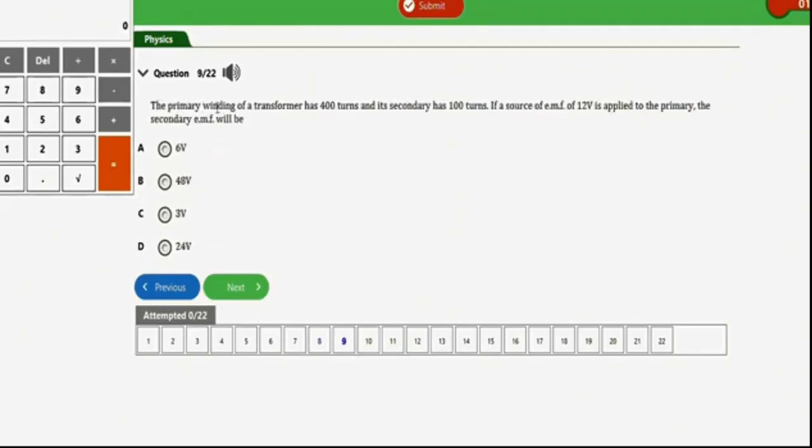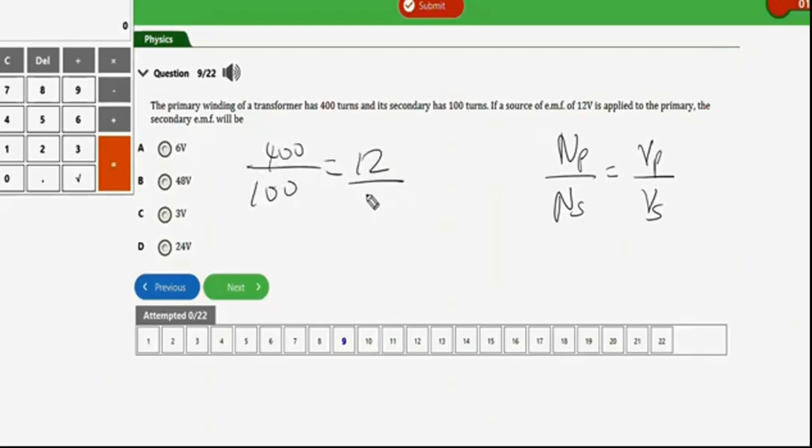It says the primary winding of a transformer has 400 turns and its secondary has 100 turns. If the source of EMF of 12 volts is applied to the primary, the secondary EMF will be? Okay, so let's still make use of our NP over NS equals VP over VS. So in this question we have the primary turns to be 400 over secondary turns is 100 equals, we have the primary voltage to be 12 volts over, looking for the secondary, cross multiply, going to have 400x equals,